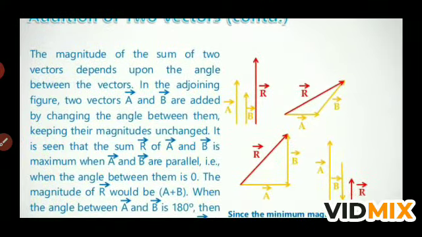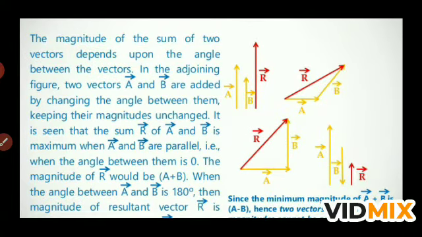Now if you see here, there are so many figures here. I am talking about the yellow color, vector a and vector b, they are in the same direction, but they have different length, means different magnitude, and the vector r, which is the resultant, is maximum, means it is more than vector a and vector b. So what does it mean? It means that when the two vectors are in the same direction, and if we are finding the resultant, it is more than the given vector.